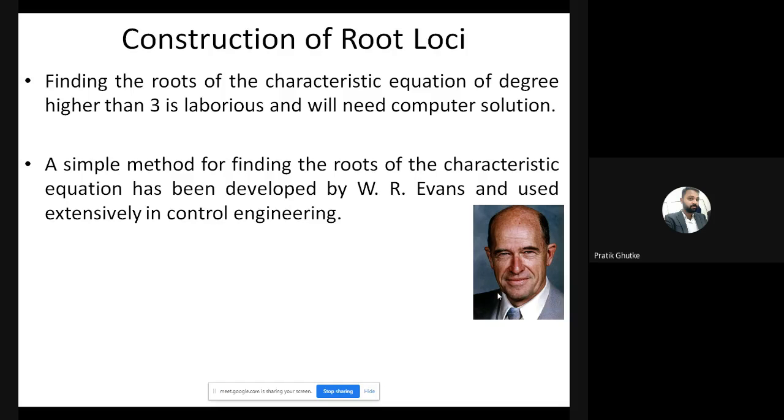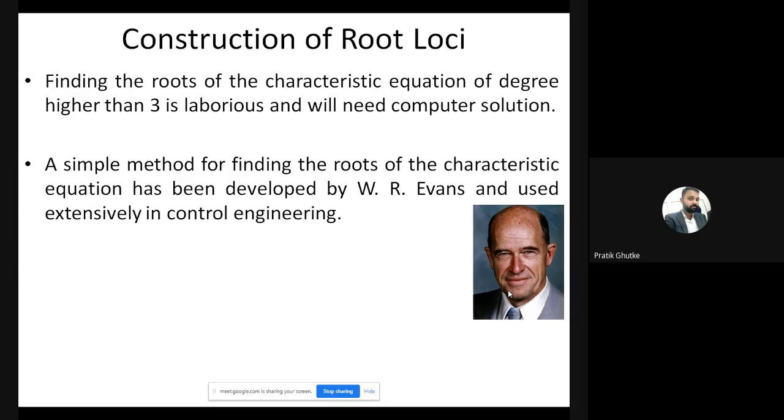So it is mandatory, being a third year student, that you have a laptop or desktop, or if anyone does not have one, then his or her brother, sister, or a nearby neighbor or colleague would have a laptop. Please install the MATLAB software, because we can plot the root locus. Also, we can plot the Nyquist plot, polar plot, and Bode plot, which will be coming in the next class.